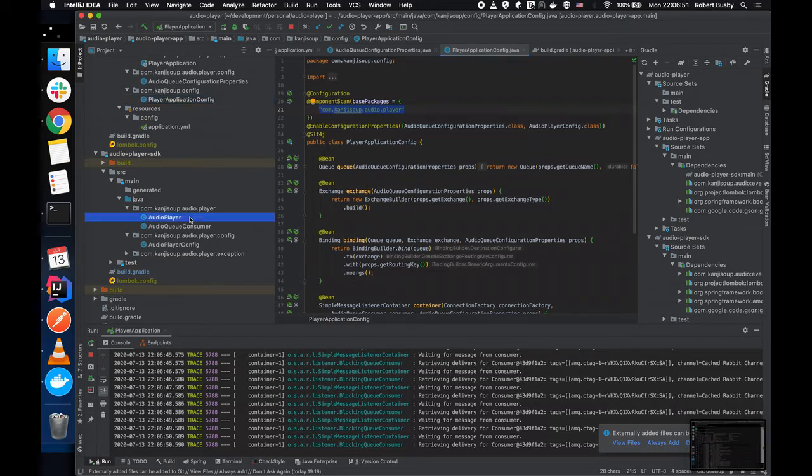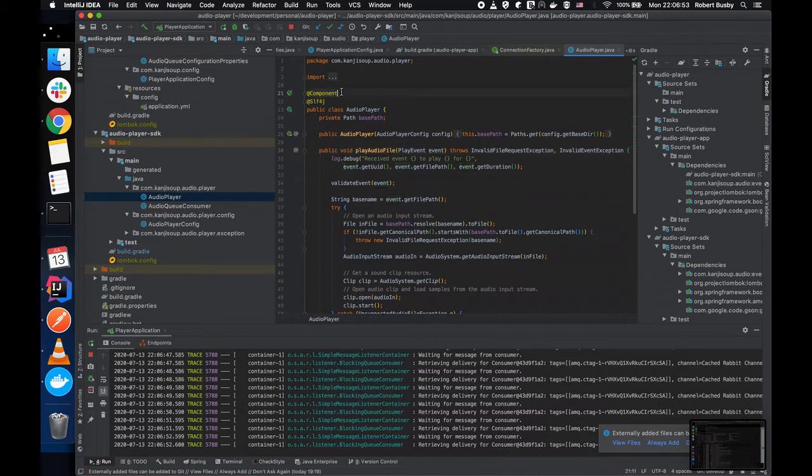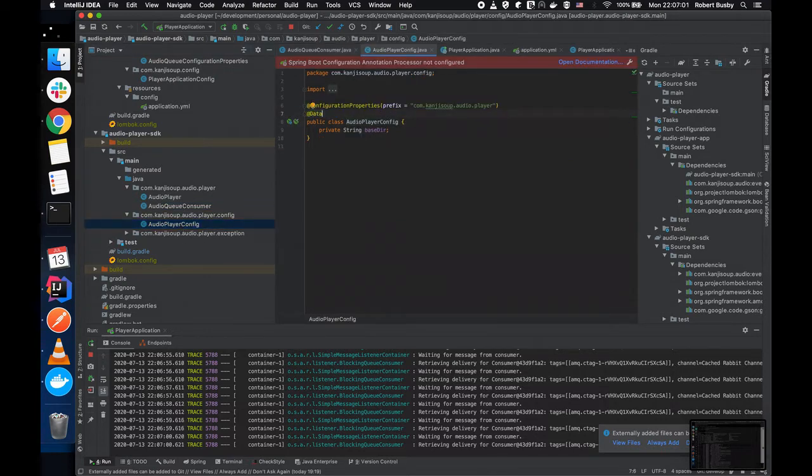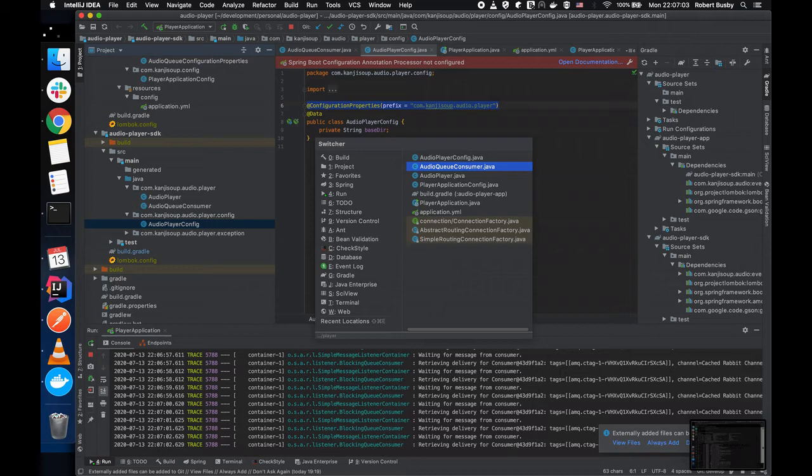The ones with the component annotation on them. This one, and this one also gets loaded